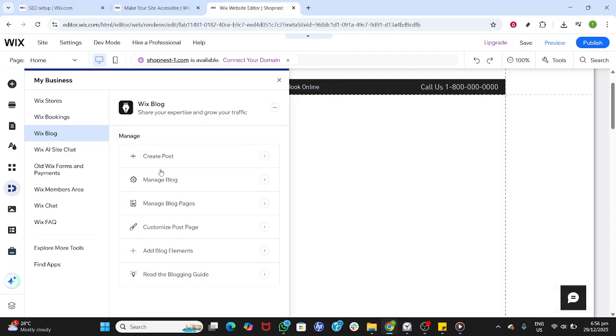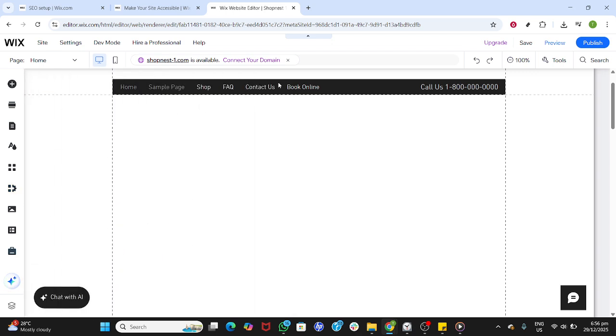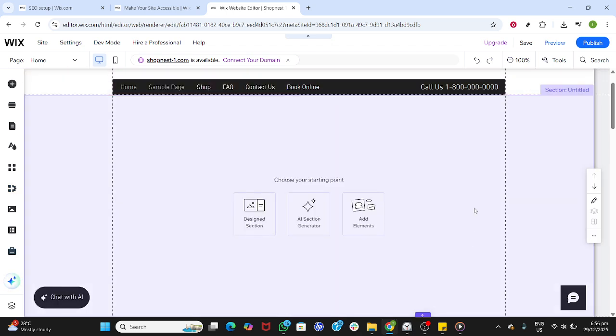A couple of quick tips to finish. Later, you can customize your blog layout to match your brand, organize posts with categories and tags, and add SEO basics like a clear post title and description. For now, you've successfully added a blog, created a post, published your site, and